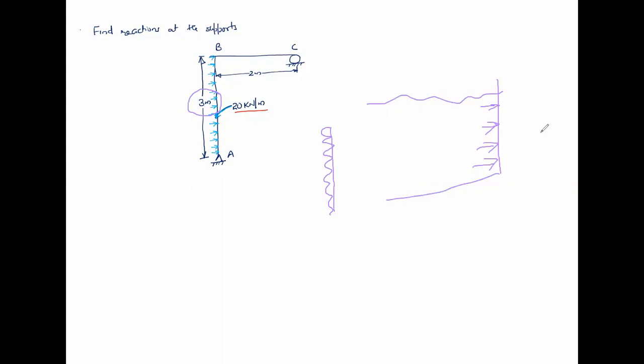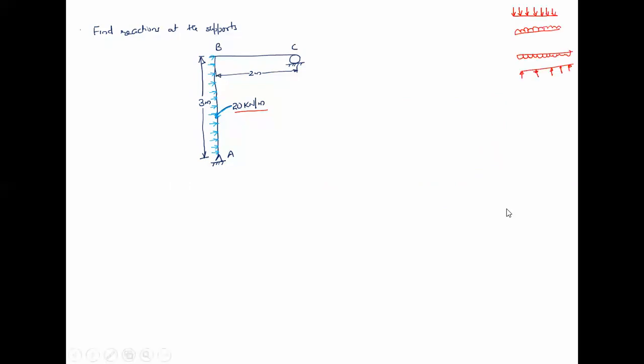Good. Next, you have to understand that it is not necessary that a UDL should act vertically downward. It may act horizontally. It may act vertically upward also. So a vertically upward force is also possible. Suppose some bar is floating on the river, then the river will apply a vertically upward UDL on the bar, on the member, right? Okay, good.